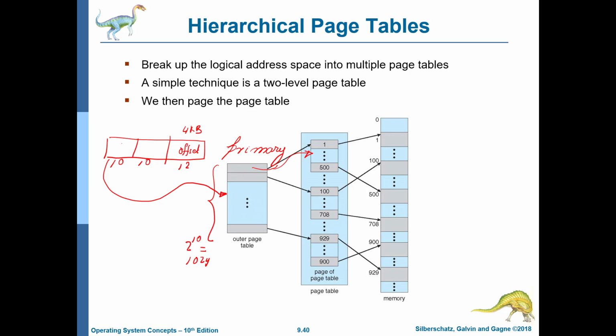Then what we can do is we can use the remaining 10 bits. So forget about the 1 to 500 that's written, and we can use the remaining 10 bits over here, and this will again have 1024 entries. Okay. So we can use the remaining 10 bits to address one of the rows over here. And once we address one of the rows over here, that will finally contain a mapping to the frame.